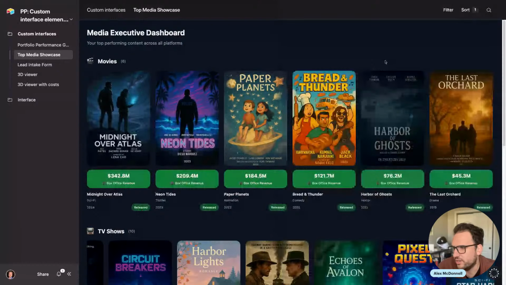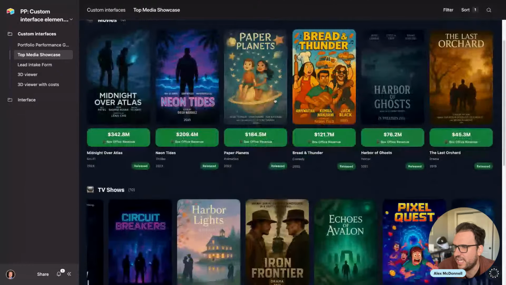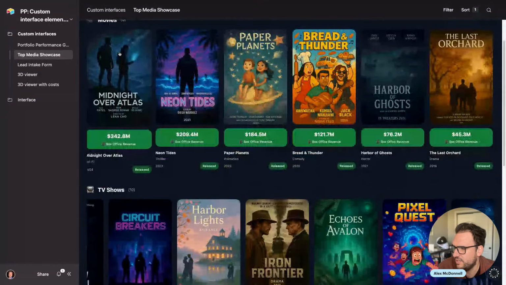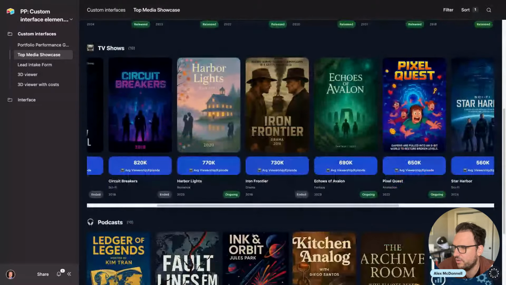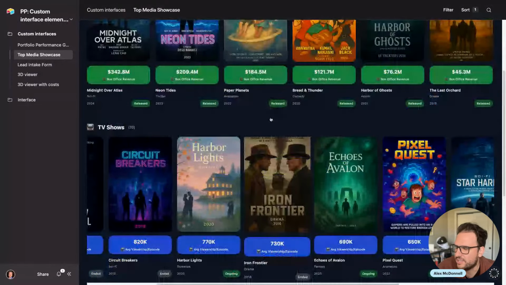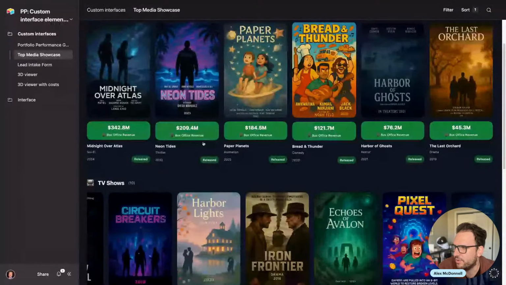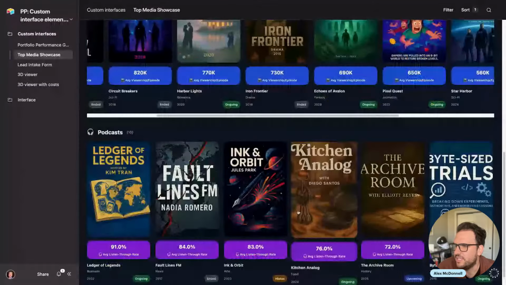But look, we are surfacing different tables' worth of information. We have movies, TV shows, and podcasts, each on their own row. We're surfacing different metrics that matter for each of them. So box office revenue in the case of movies, viewership per episode in the case of TV shows, and so